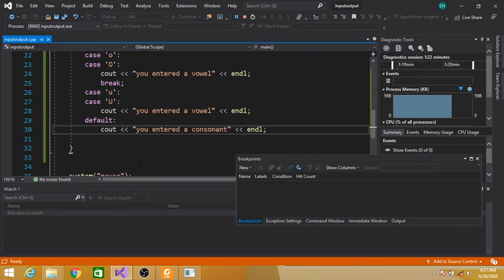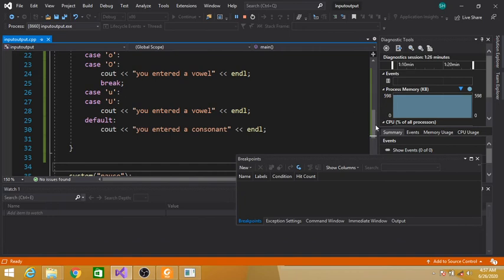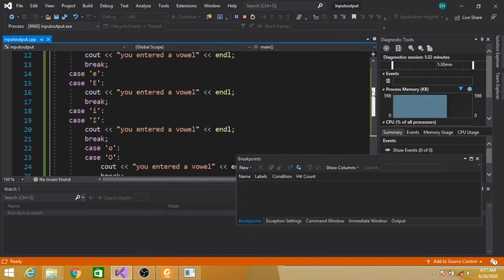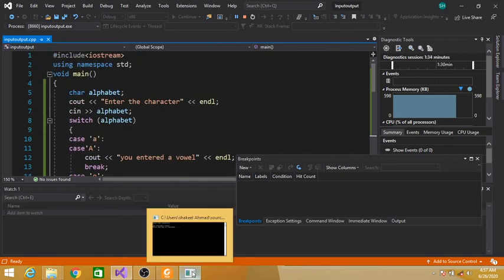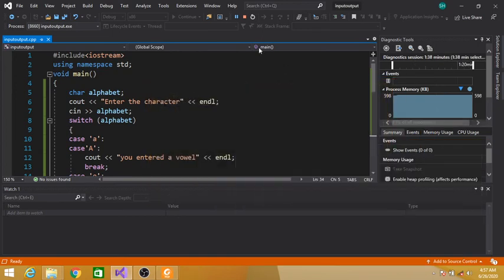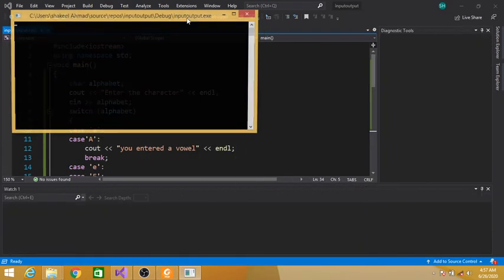Here our switch statement is ending, and control will shift here, and nothing more, our program ends here. Similarly, let's execute it once again.